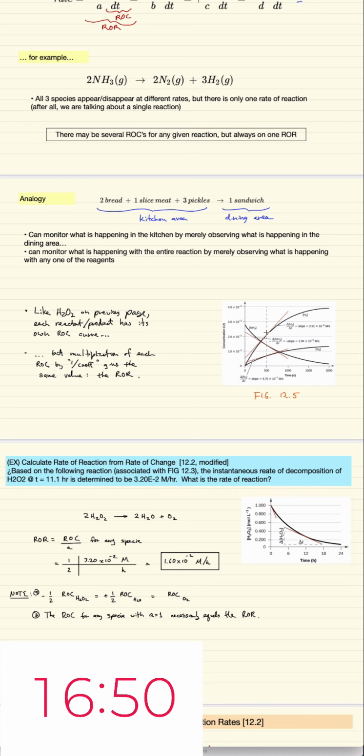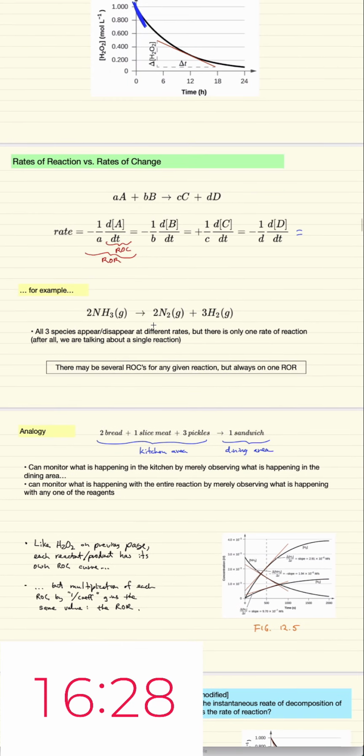And these little graphs, like I've shown here in your book, figure 12.2, are just showing you the rate at which one thing increases, the product, and the rate at which your reactants decrease. Some things you're making are increasing, and some things are decreasing. In this case, sandwich was increasing, and these things were decreasing. Got it? Okay, well, instead of sandwiches, in chemistry we basically deal with chemicals shown here as A, B, C,